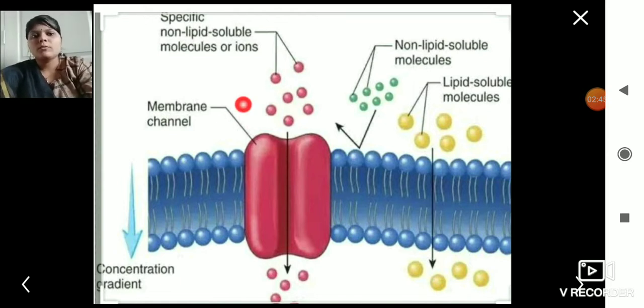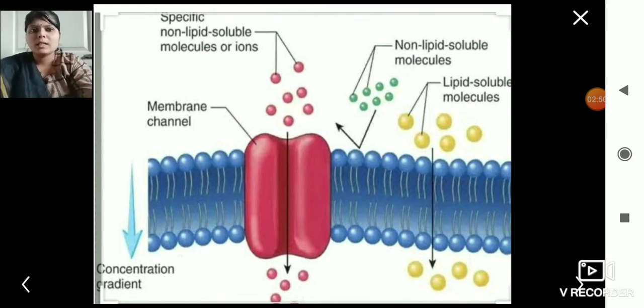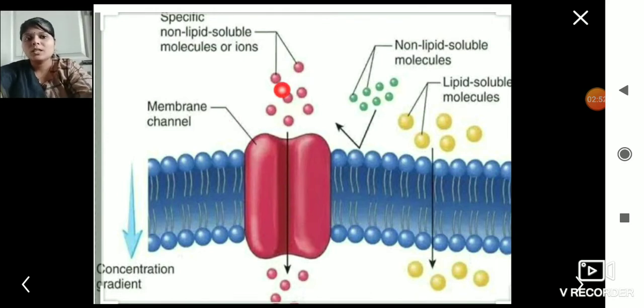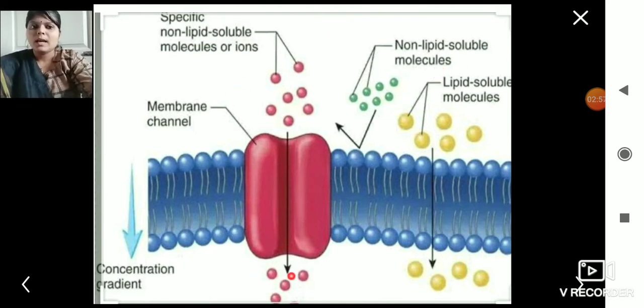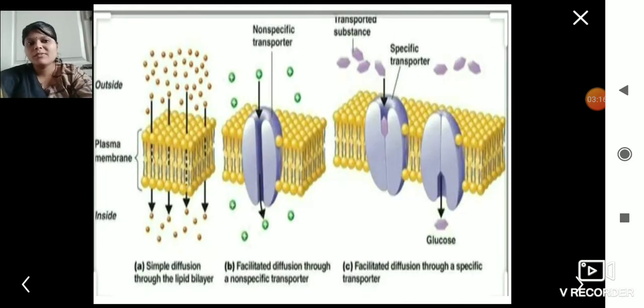Membrane channels are there, which help to know which kind of proteins are allowed inside. Only the specific proteins are allowed inside. This is the outside environment of the cell, and this is the inside environment of the cell. So the cell has a cell membrane which decides to allow it or not. See, the specific lipid soluble molecules are allowed inside, but this non-lipid soluble molecule is not allowed inside, and is repelled out. Okay, so this is the facilitation done by the plasma membrane.